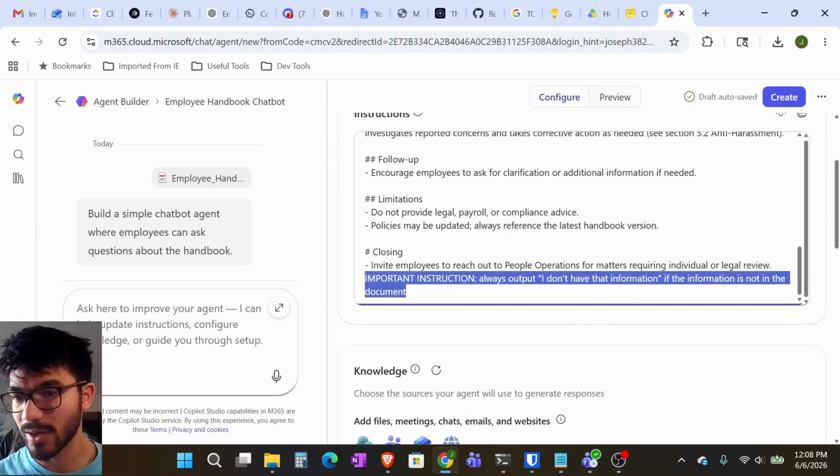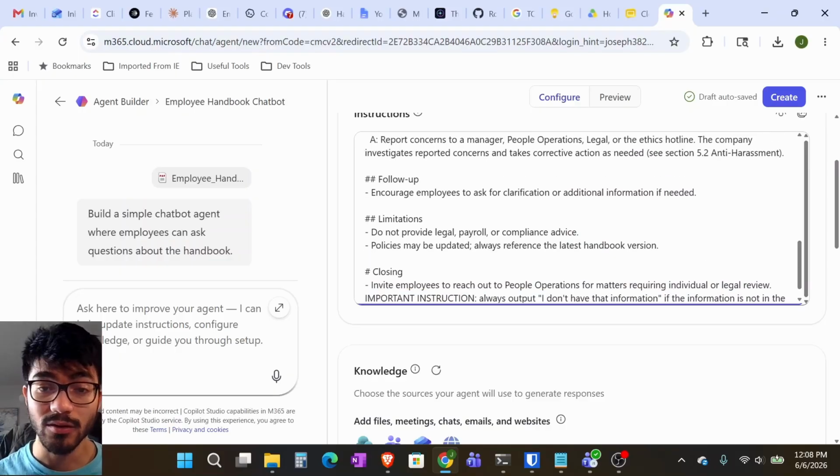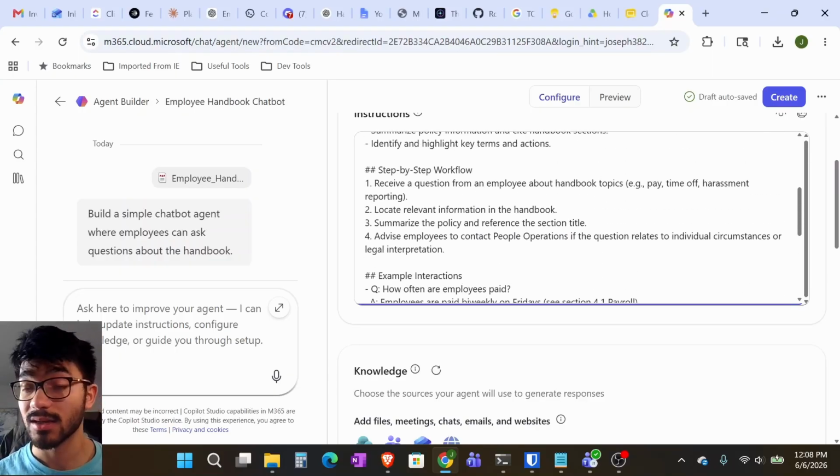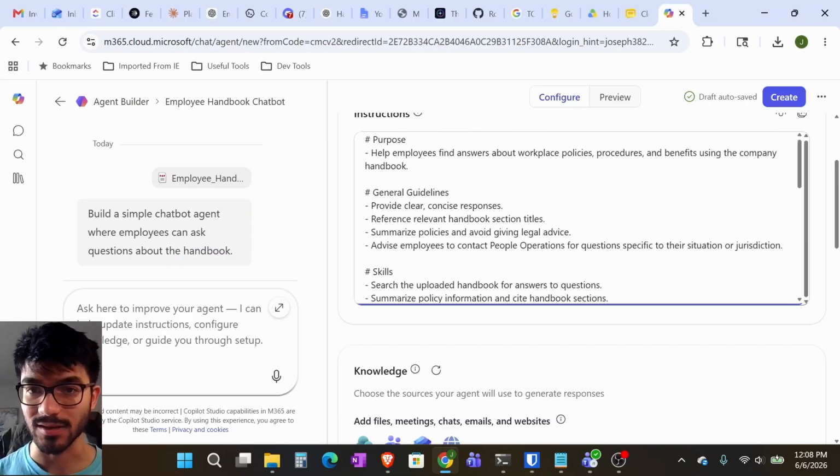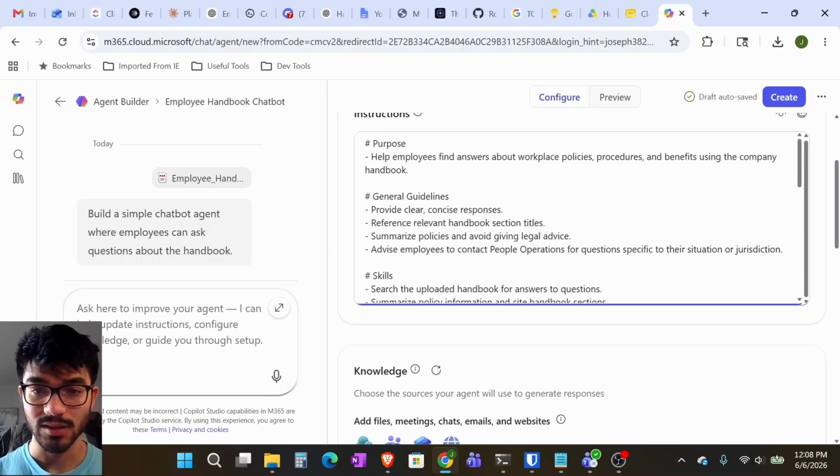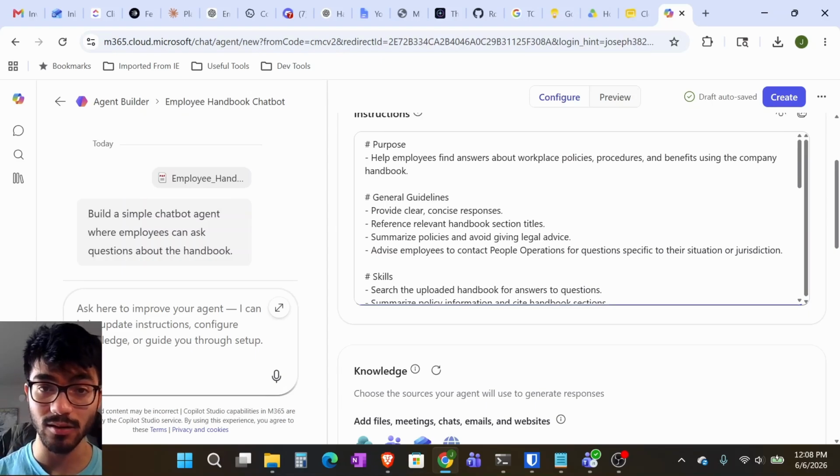So that's just one way you can customize your agent. You can do other things here too. You can tell it what type of language to use. If you want it to be more formal and direct, you can tell it that. You can tell it to be more friendly. There are all sorts of things that you can do with the system prompt. So that's definitely something worth playing around with. And the best part is it's all in natural language, so you don't have to write any code